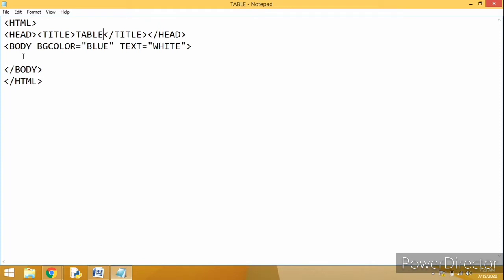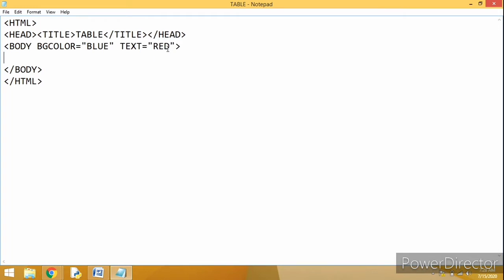Is it required to be explained? As in the last class we did the same thing, so we are using the same thing over here. Sir, please explain the background color once again. I have taken blue, and the text as white. So now let us take the text as another color, let's suppose red.